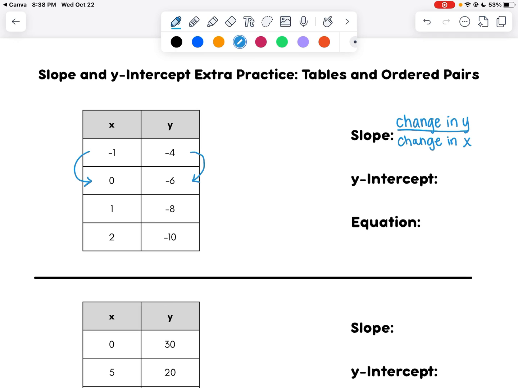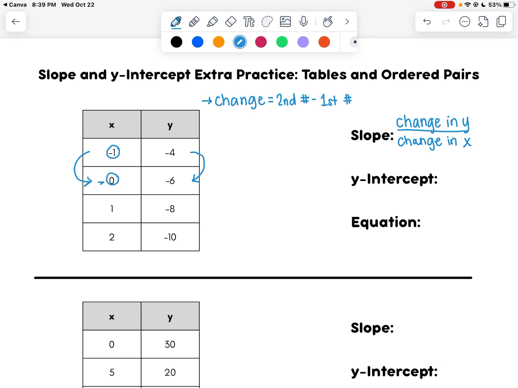Sometimes with the negatives, it does get a little difficult. So what we can always do, our change equals our second number minus our first number. Now, some of us do know in our head right away, but if we don't, we can use this to help us out. So if I didn't know how to get from -1 to 0, I can do my second